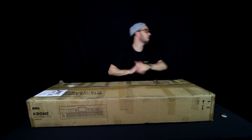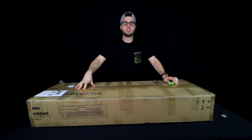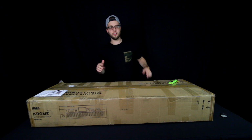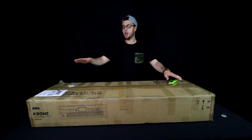Here we go. Okay, so I'm super excited about this. This is the Juno 106. I bought it off reverb.com. I love reverb.com. Incredible. Now I've always been a soft synth guy, but this